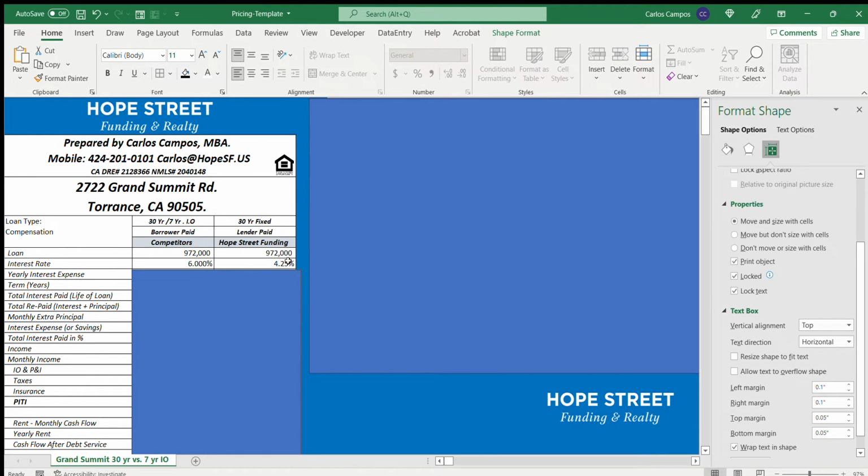Now, take the 4.25, that rate was available last year on a jumbo loan, which is still available to me and to you, or at least for one lucky buyer of Grand Summit Road, a 4.25 rate. Let's take a look at the yearly interest expense. Yearly interest expense on 6% on 972, you're looking at